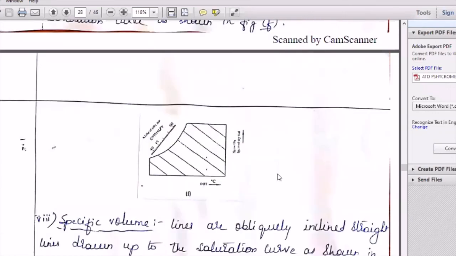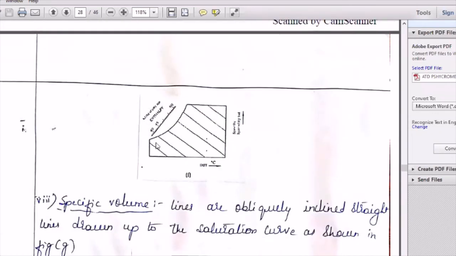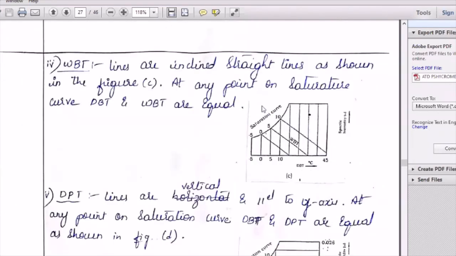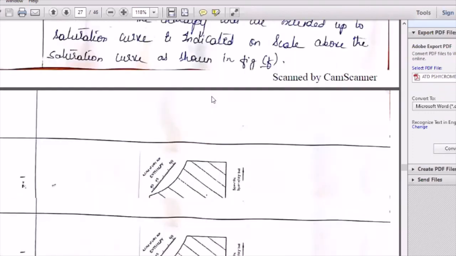Enthalpy. Can you see this enthalpy in your chart? Yes, sir. This line is 40 kilojoule per kg, 45 kilojoule per kg, 50, 55 kilojoule per kg. If I extend it inside the chart, it will be the enthalpy lines. Now you can observe the enthalpy lines are always parallel to the wet bulb temperature lines. We explained wet bulb temperature at the beginning itself. So this wet bulb temperature line is parallel to the enthalpy line.